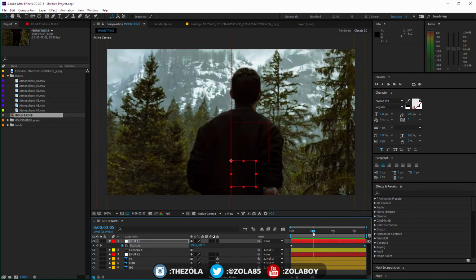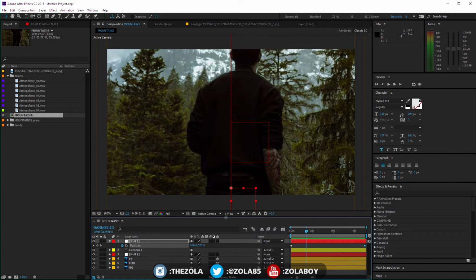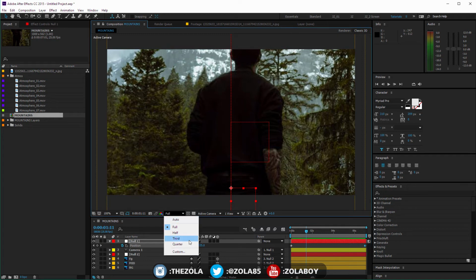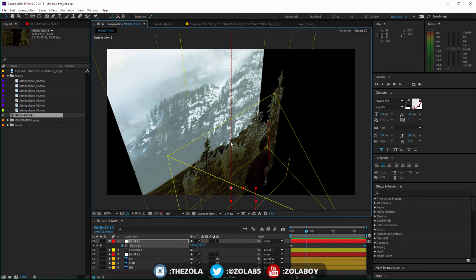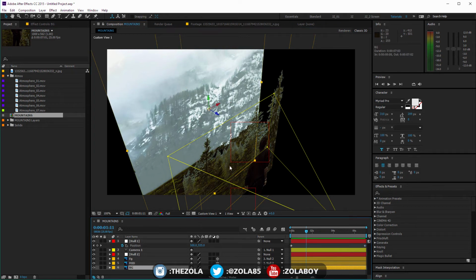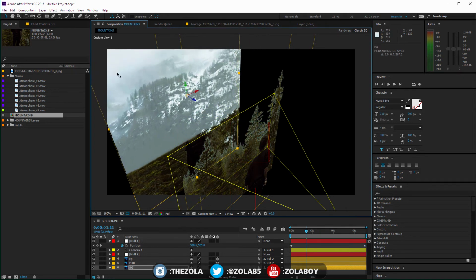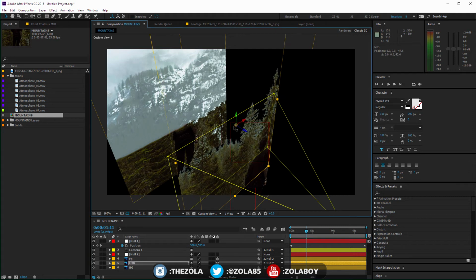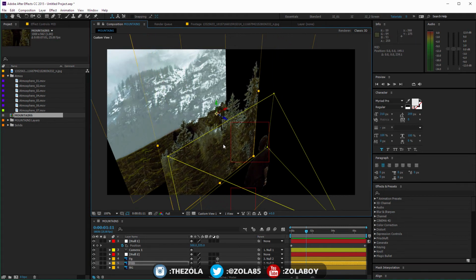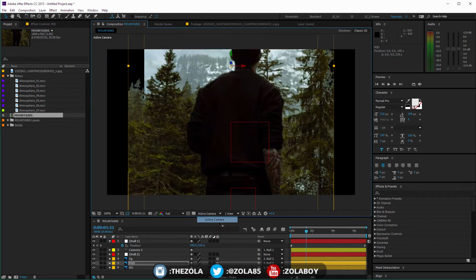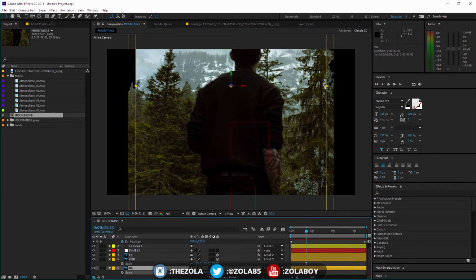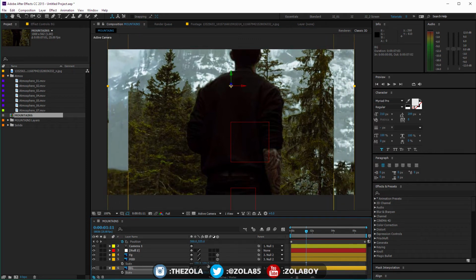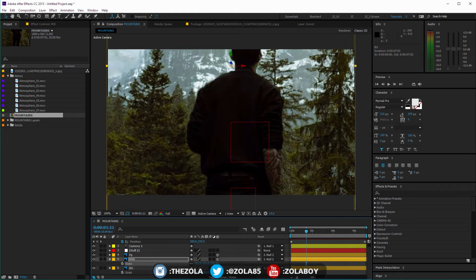Now if we want to make this more drastic, we would increase the distance between these layers. So if we come into custom again, let's move the background way back, and we're going to have to scale it up, but we will deal with that. So now we're creating more of a separation between these layers. Let's go back to active camera, and obviously now we're going to have to scale everything up again, and we're really going to start to lose the quality in our layers.